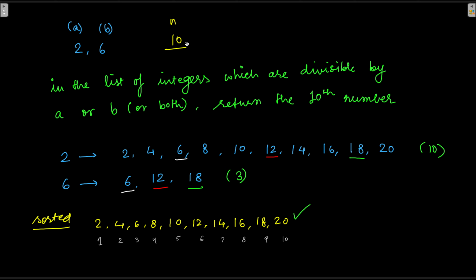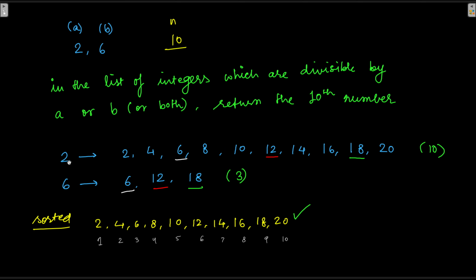So let us create the list of integers which are divisible by 2 and sort them. Among 2 and 6, 2 is the minimum, the lower number. So we multiply 2 by 10 and the number that we get is 20. We know for sure that the number we are going to count, divisible by 2, is going to be in the range of 2 to 2 multiplied by 10, that is 20. That is the reason we take this range of 2 to 20.